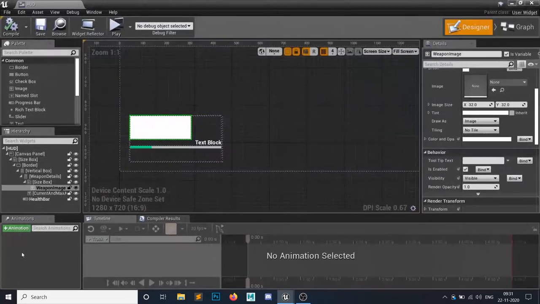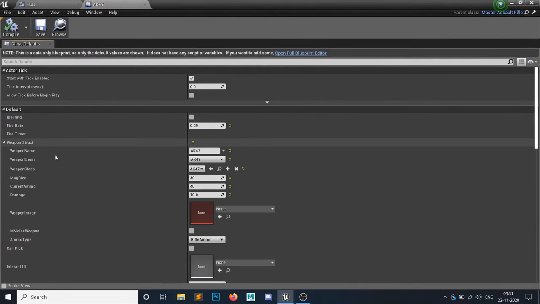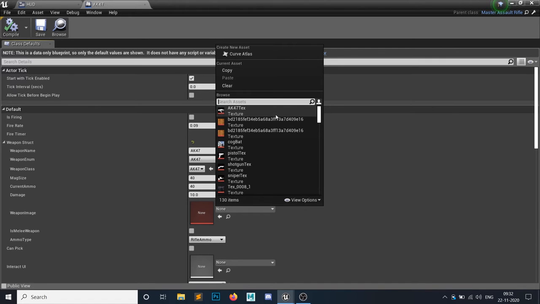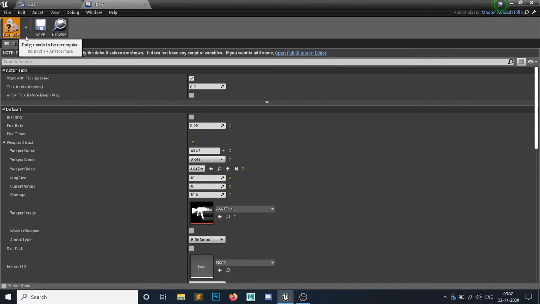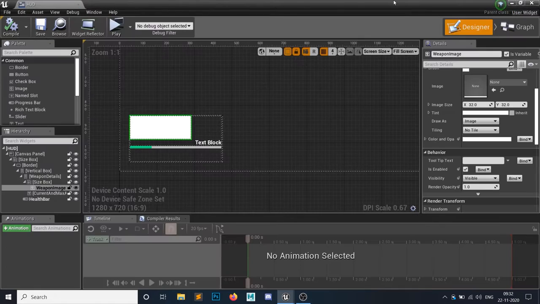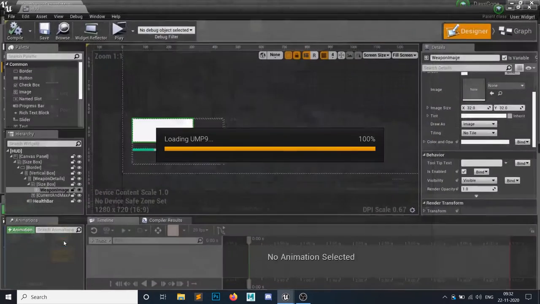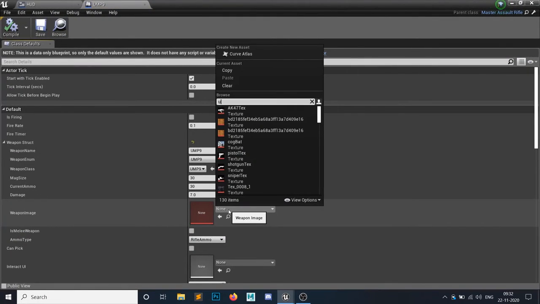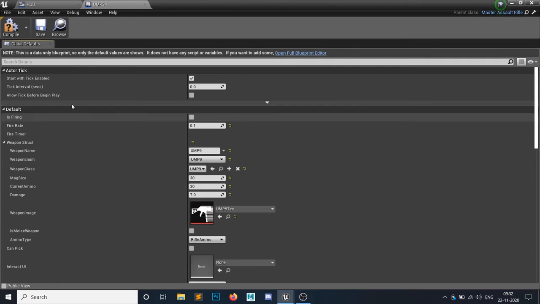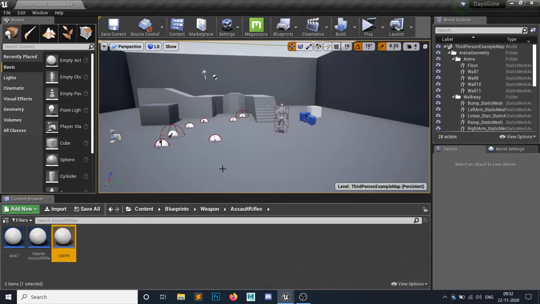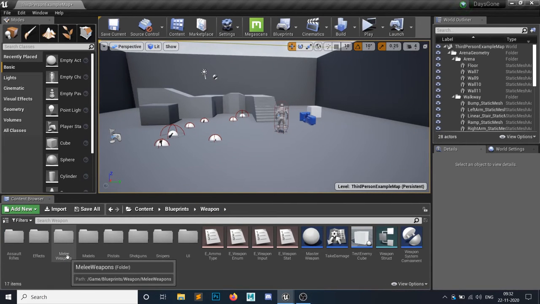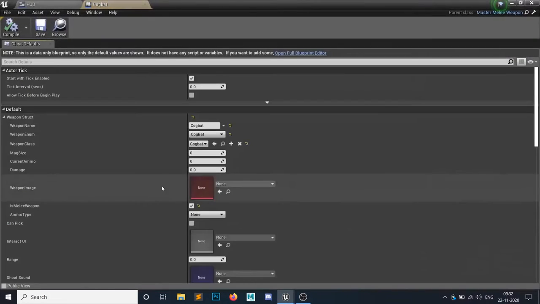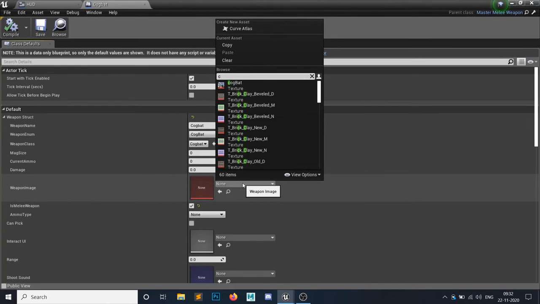So in my AK-47, if you remember, in my weapon structure I have this weapon image. This would be the AK-47 image for my AK-47 gun. For my UMP gun, that UMP image we have, yes, this one. Close this up. I will simply set every image. For my melee weapon, Combat, I have that Combat image, this one.